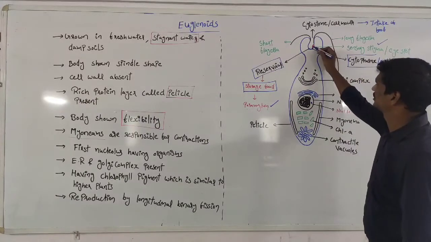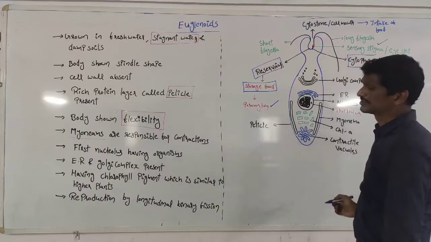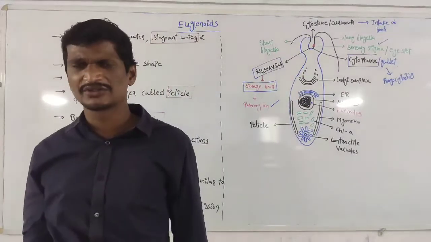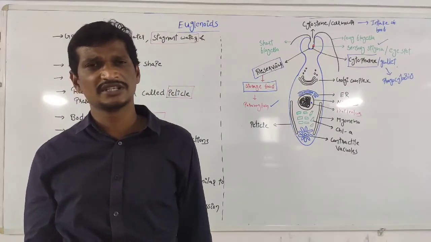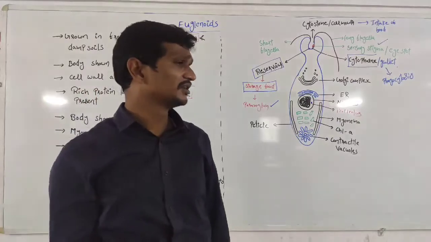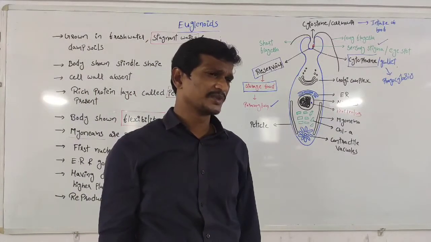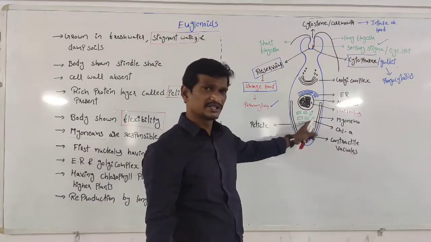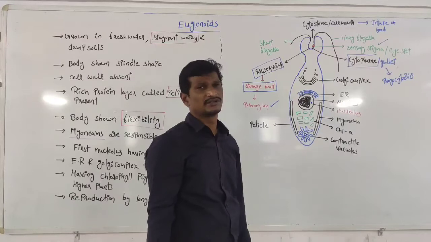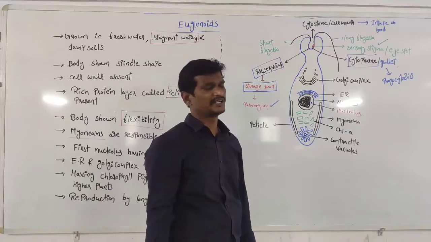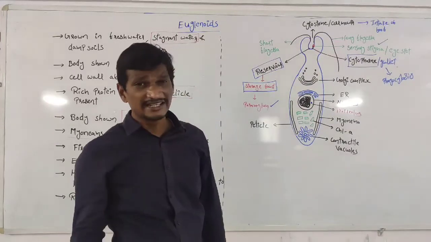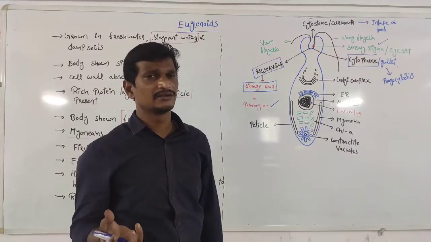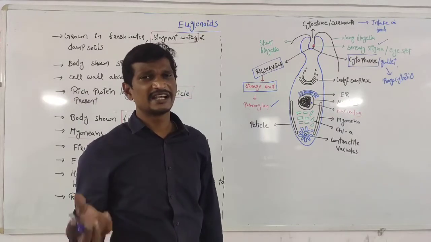It is drawn here in red color. This is nothing but the sensory stigma. This particular region senses the light. For suppose, Euglena performs the photosynthesis process because chlorophyll A pigments are there. This is a photoautotrophic organism, right? But the availability of light is identified by